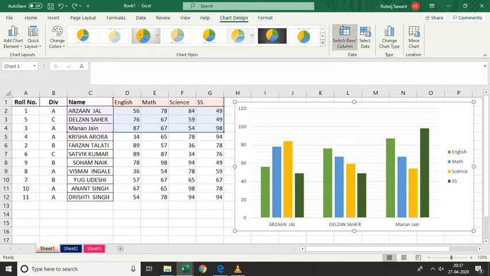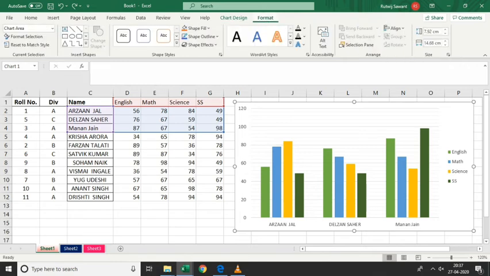Okay, so now let's see about the format tab. Suppose I want to change the color of each data series. I don't want this color, I want some other color.